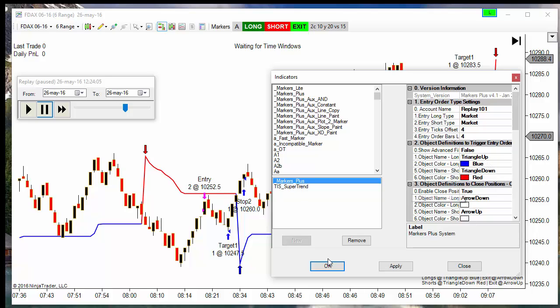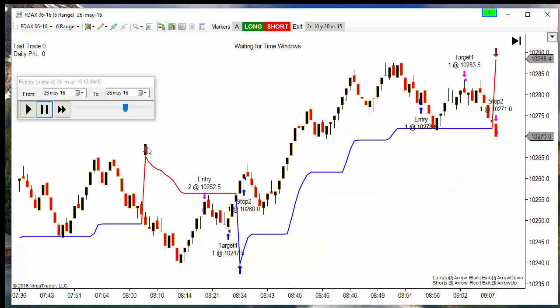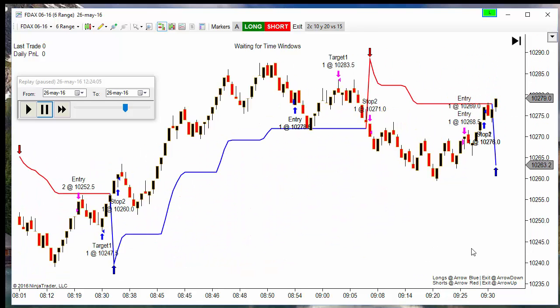Instead of entering at the triangles, the pullback entry on the indicator Super Trend, we enter at arrows, the trend change signal of the Super Trend. I will disable the exits because I am only having one signal, the arrows, and we enter at the arrows. But the entry method, instead of being at market,